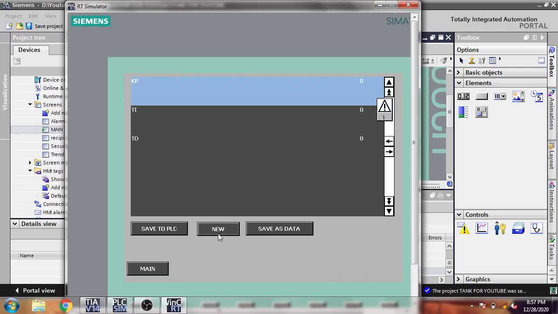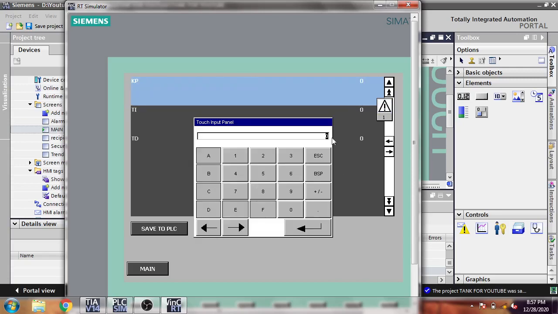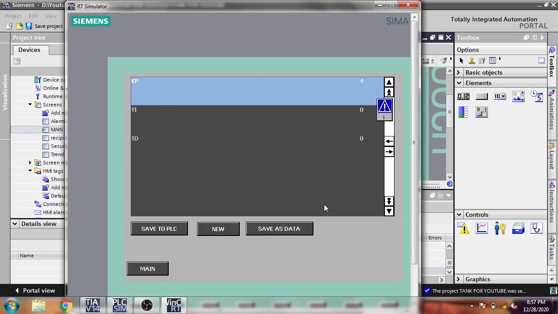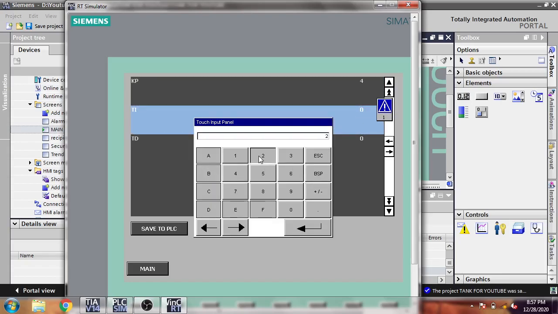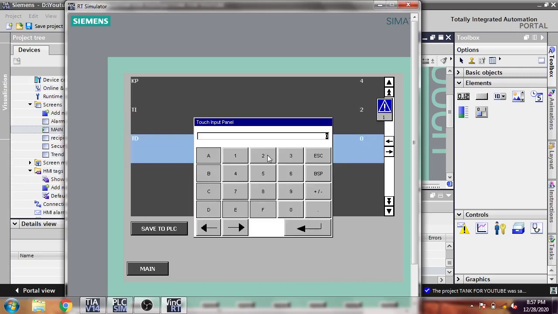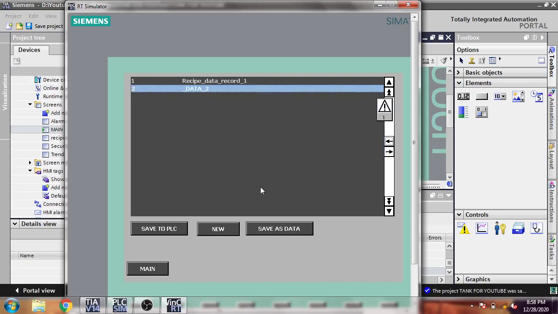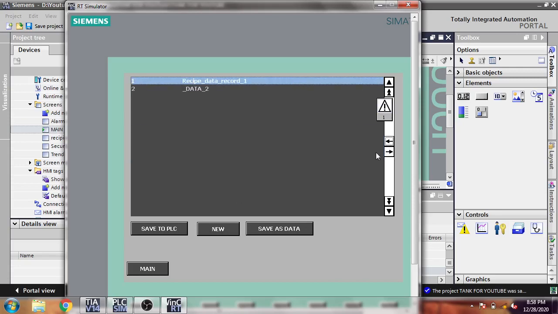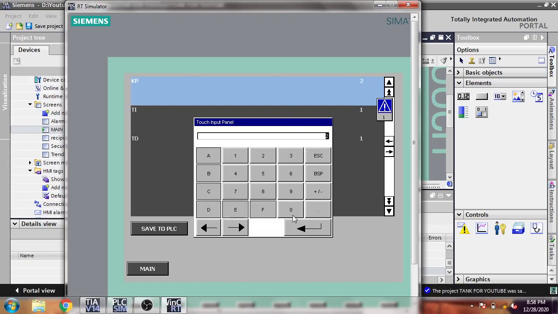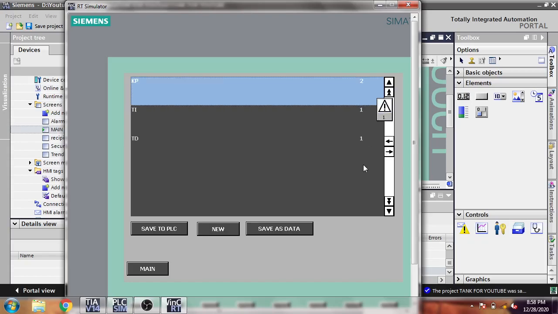I'm going to create a new data record. Enter 4. Yes. 2. Yes. 1. Yes. Now I'm going to go back. Yeah, you will see there are many data records. Now I'm just going to save as data. Oh, I have many recipes now.